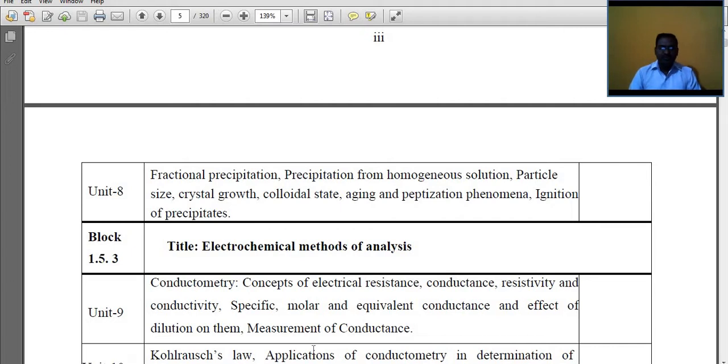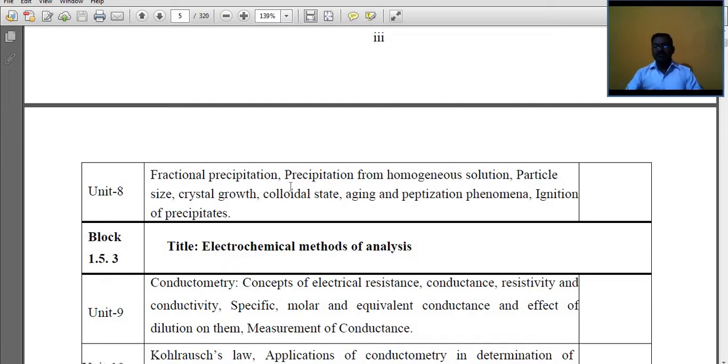In this module, we learn the concept of fractional precipitation. It is in analytical chemistry, first semester's KSOU syllabus. In Unit 8, we deal with the concept of fractional precipitation,